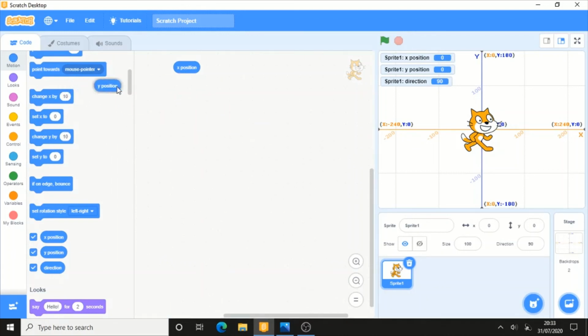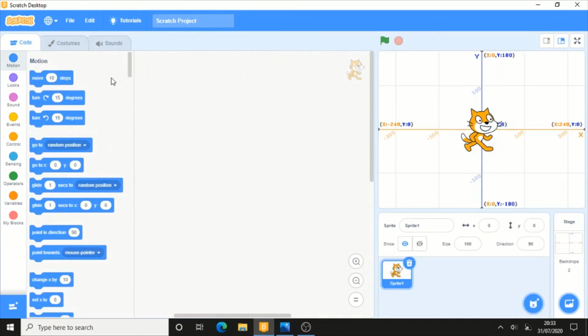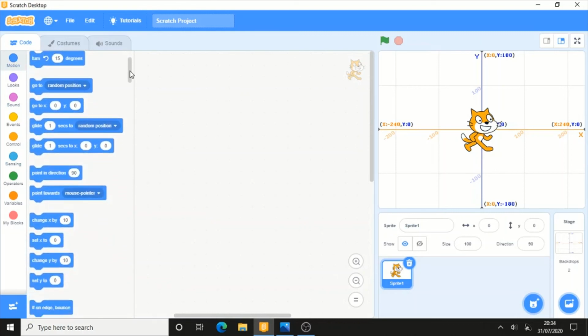What they will do is help you to make your games more interactive, and you will learn about them later, as you will learn about variables and much more, such as number inputs. So I think you have